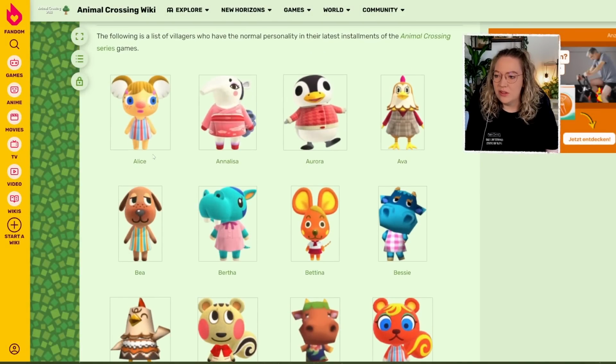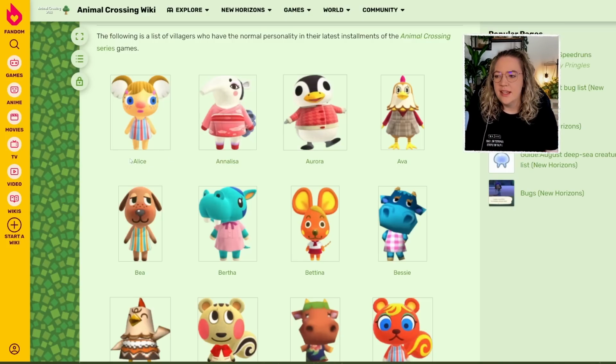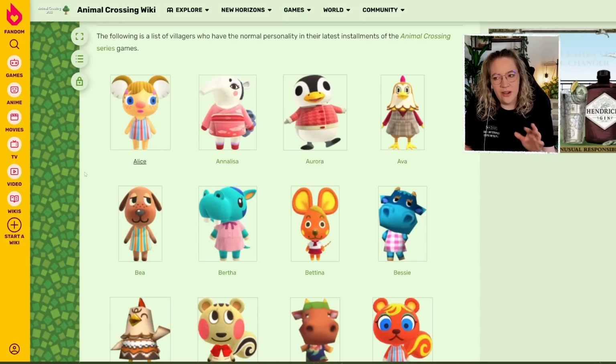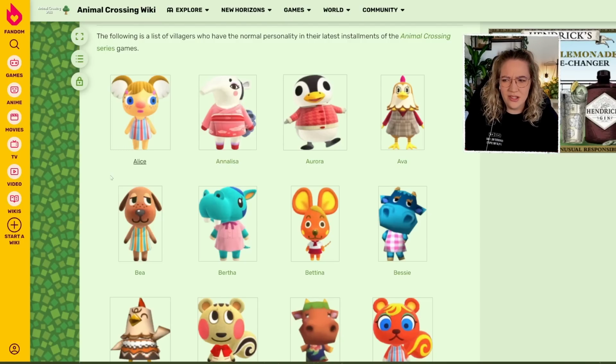Okay, normal. So I think here we're gonna run into a lot of cuties, because in my opinion, most of the cuties are in the normal and in the lazy category, the very objectively cute ones. I do think Alice is really, really cute. She has that very soft, coastal, romantic-looking vibe. She's also slightly terrifying though, so I don't know if I'm gonna vibe with her if I decide to have her, because her eyes are too human-like. I'm not sure, but she is